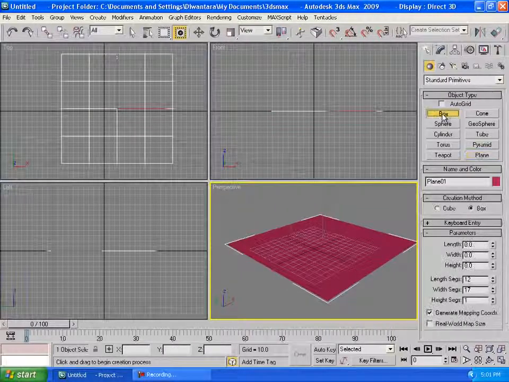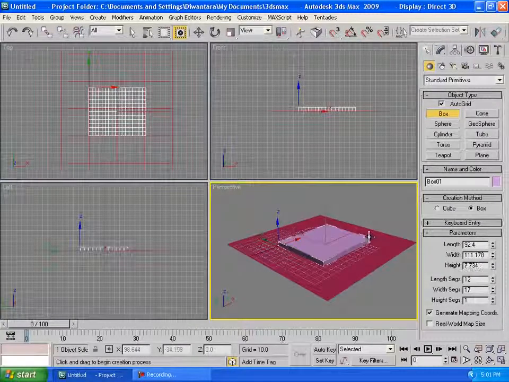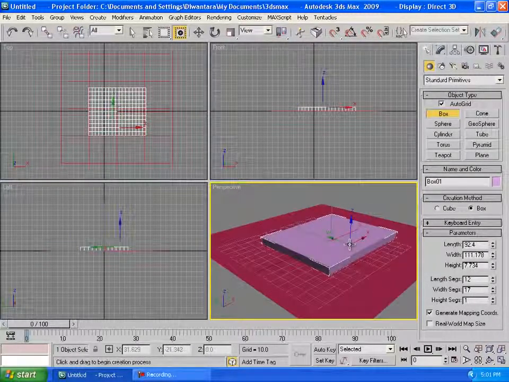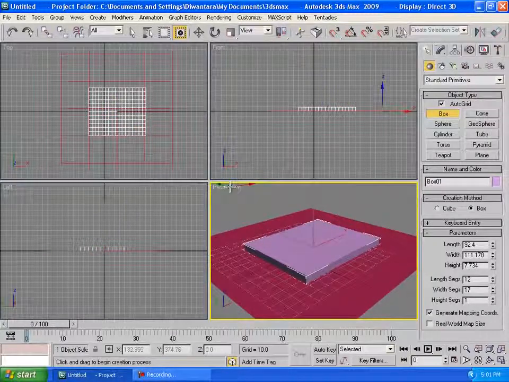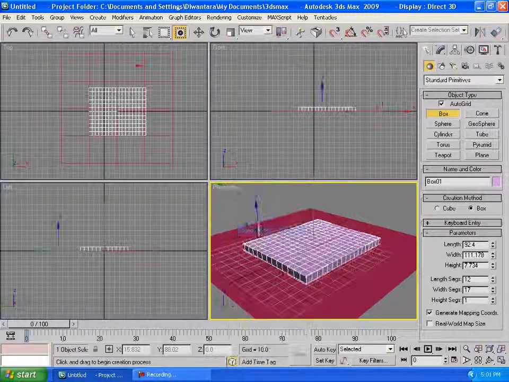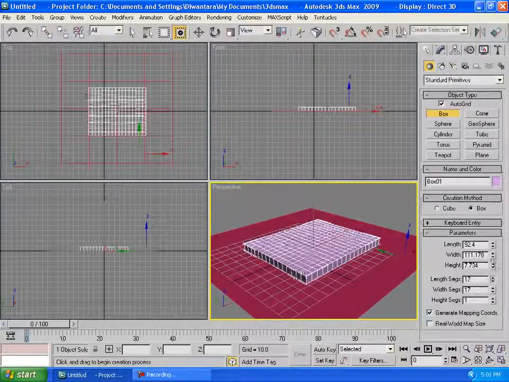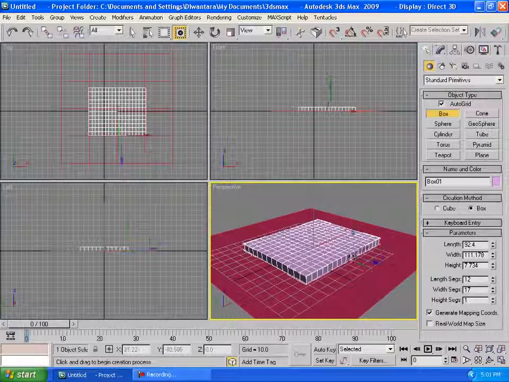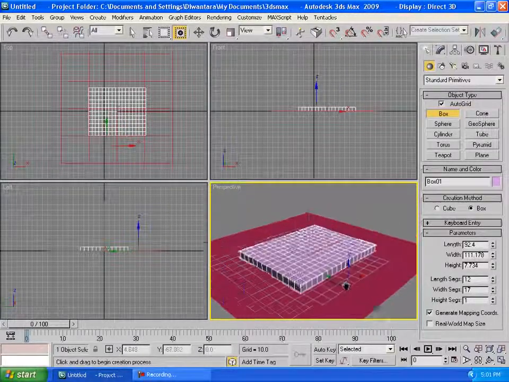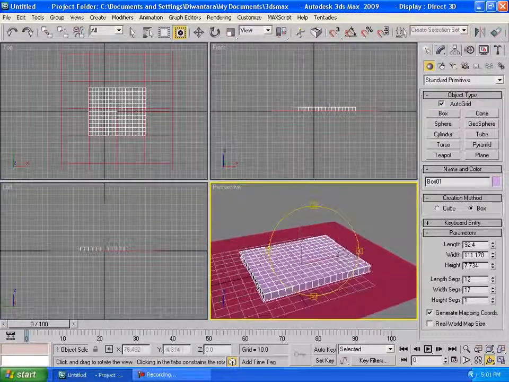Then we're going to create a box. Make sure the outer grid is checked. I'm going to create a box for the table, and just like that. And then we're going to right click on the perspective right here, and we're going to check the edged faces so we can see the segments here. And then make sure you have enough segments,